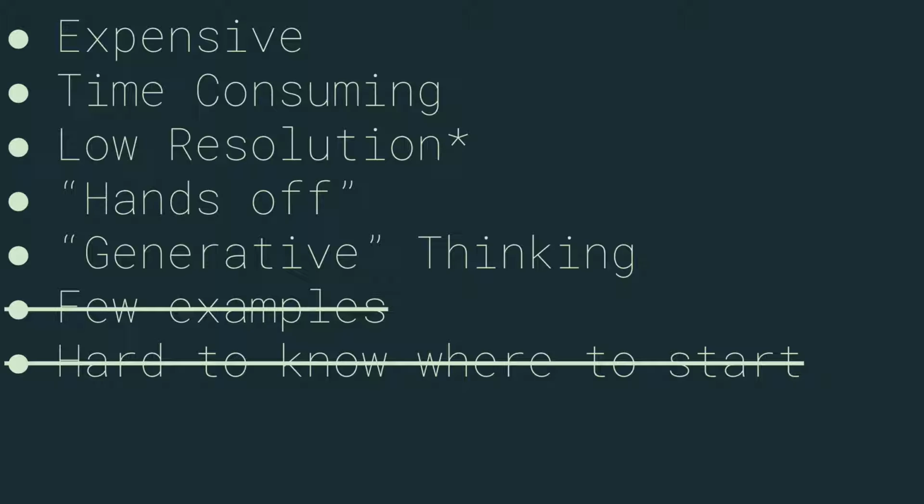It's expensive, it's time consuming, it's low resolution. The highest resolution you can really get out of any image generating model is 1024 by 1024. So if you're an artist who wants to print your stuff big, good luck. There are some ways around it now, but it's tough. I think those first three you can overcome, but I actually think these next